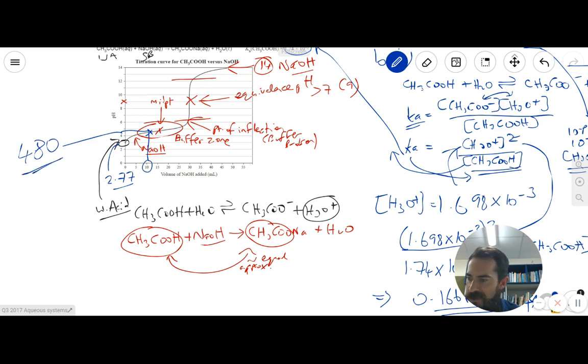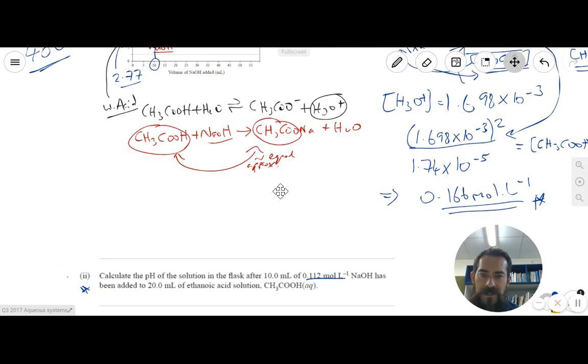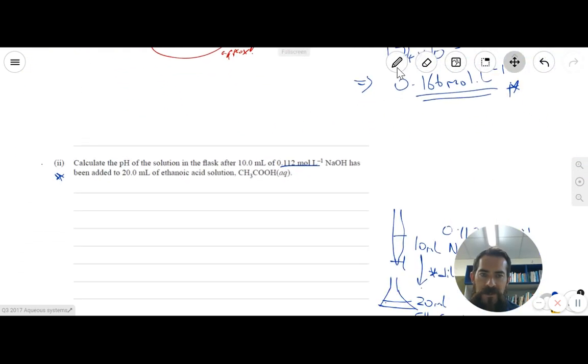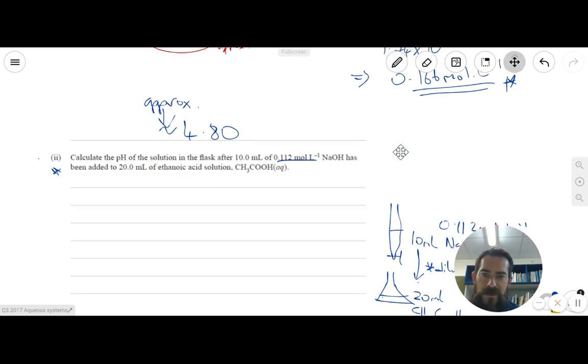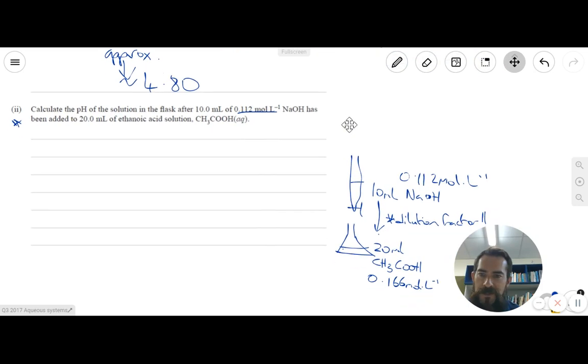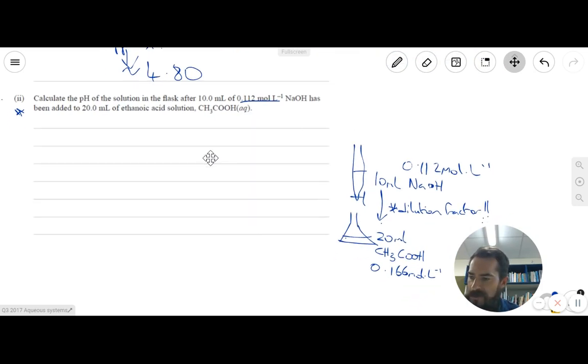And we have to show by calculation though, so we can't just get away with reading it off your graph. But be aware that you could have done that to get a guideline of whether you're on the right track. So we know we should be getting a pH of about 4.80. This means approximately, by the way, in case you didn't know that. So we're aiming for 4.8 roughly. Now, what we have going on here